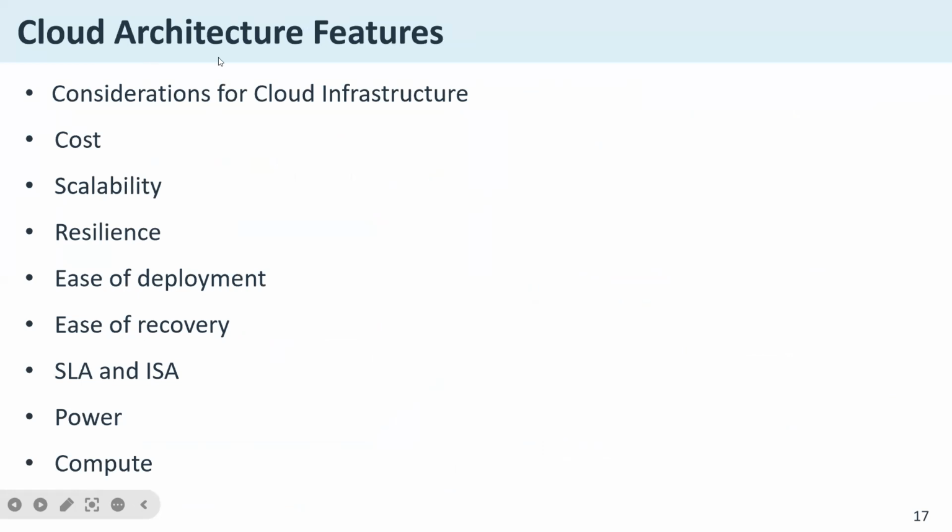So there are some features of cloud architecture. You need to consider your cloud architecture. You need to look at costs. You need to look at scalability. Can you scale? Can you improve? Can you grow? Can you increase? Resilience in terms of quality assurance: if something happens, how fast can you come back on track? Ease of deployment, and that's where OPEX is very crucial instead of CAPEX, instead of spending a lot of capital expenditure. How can you, with little or no knowledge, deploy your infrastructure? Ease of recovery. Do you have a service level agreement or infrastructure service agreement? Power, how do you control that? Compute. So these are the things that a cloud architecture gives to us, and it helps us